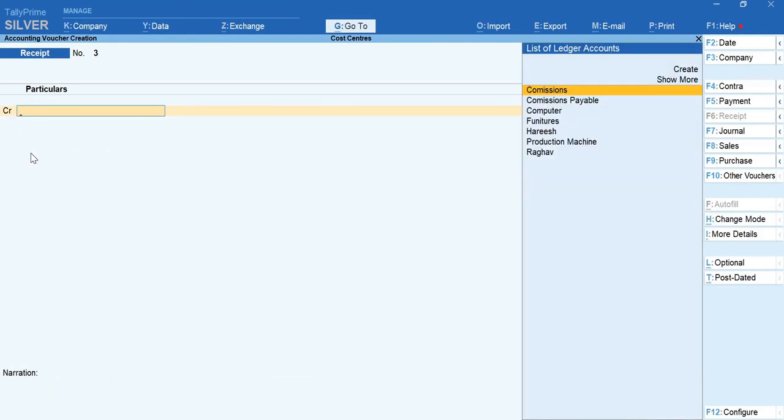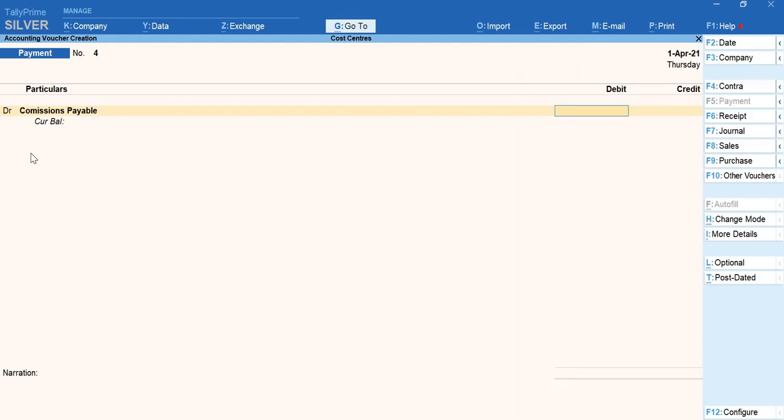And the next entry we'll see is paid commissions. Again we'll take the example of Harish and Raghav itself. If we are paying a commission, we have to enter payment voucher. So F5 payment voucher. In this transaction, debit all expenses and losses if you pay it. If you pay a commission, debit all expenses and losses as per the nominal rule. So debit the commissions payable account. We'll take the example of 25,000.